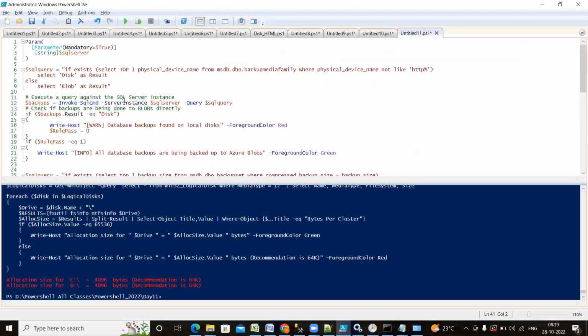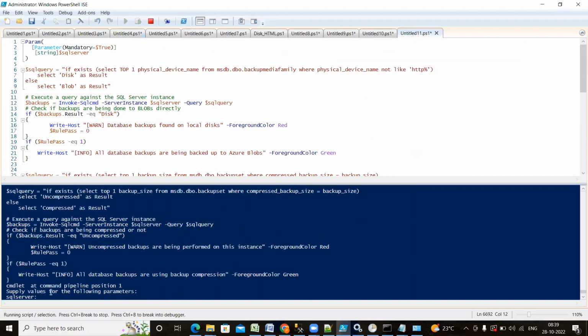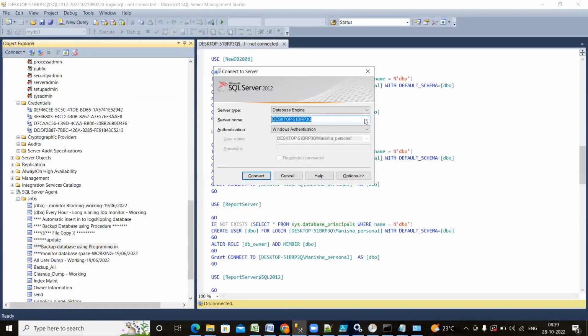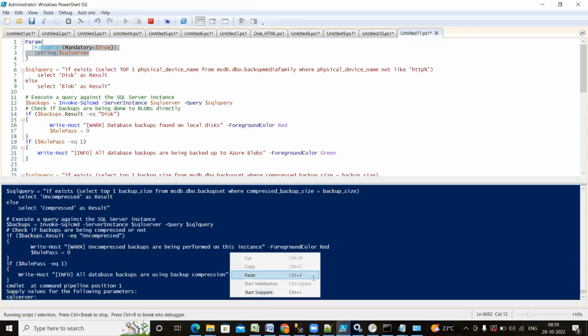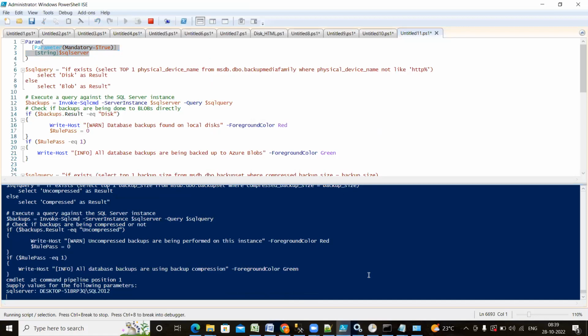Right? I have just pressed this and entered it, and this time it is asking for the SQL Server. So you can see how we use this parameter. I am just passing my SQL Server value here. This time pressing enter, it goes inside that script and performs some